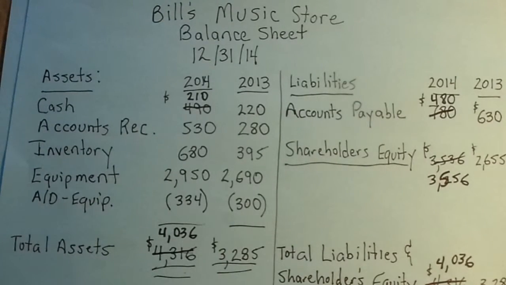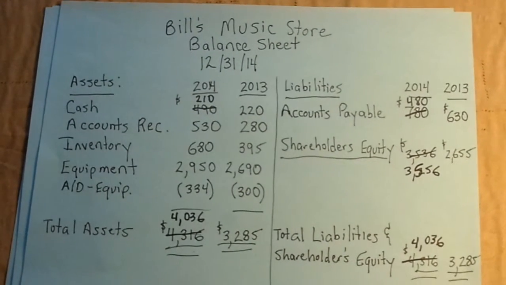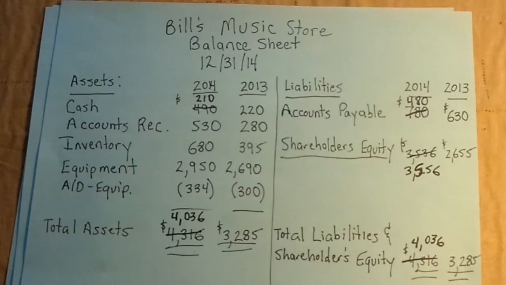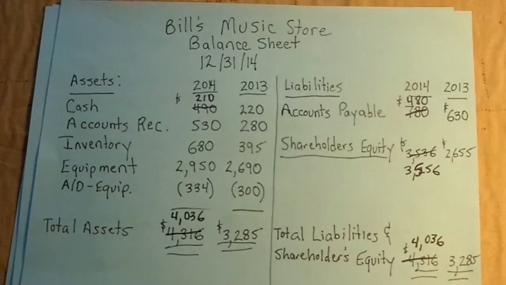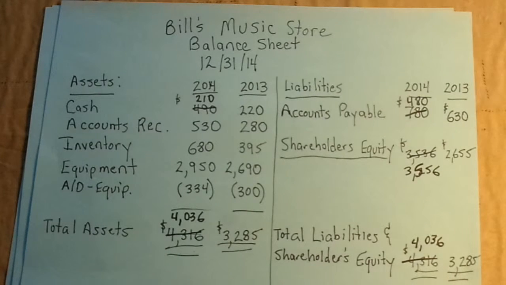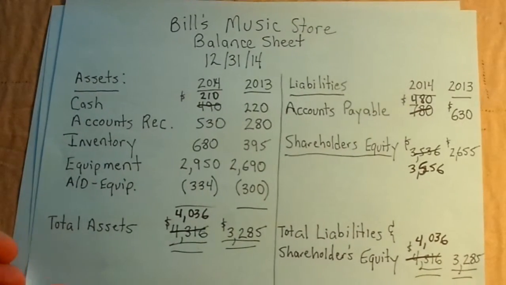On the balance sheet, notice that we have cash going down $10. That's going to be important later. Notice that accounts receivable goes up $250. Notice that inventory goes up $285. Notice that accounts payable goes down $150. All of these are going to be relatively important as we look at how to do the indirect statement of